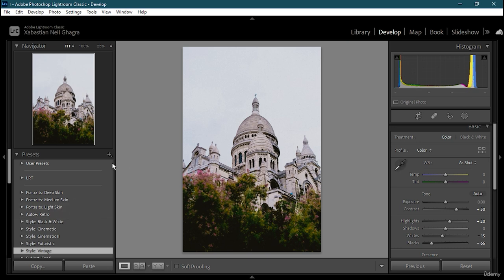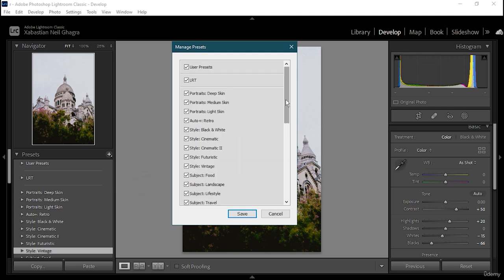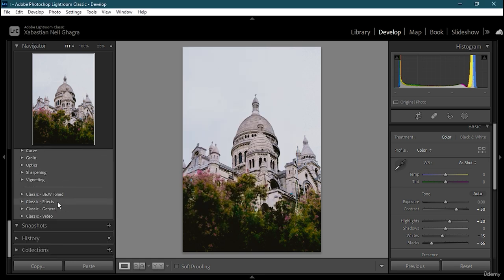Okay, then what it's going to be is managing presets. Click on managing presets and you can see that there is a vast number of preset categories. If you don't want any of those, just deselect them and they will be invisible from this section. So what I'm going to do is classic B&W filter, and you will see that there is no classic